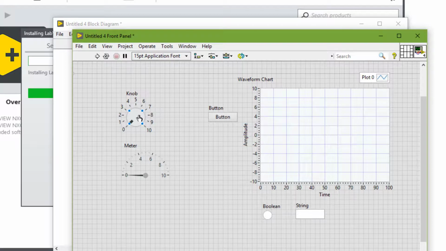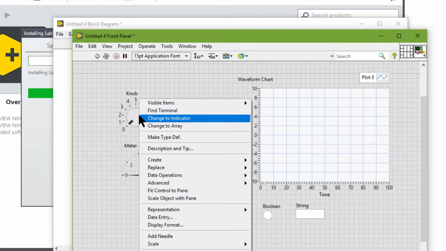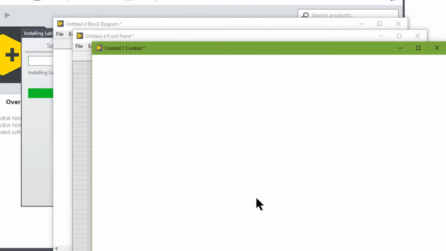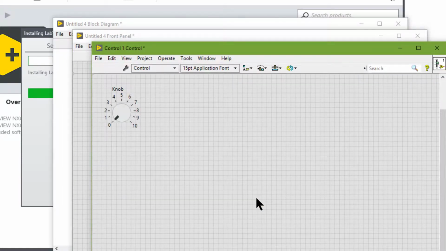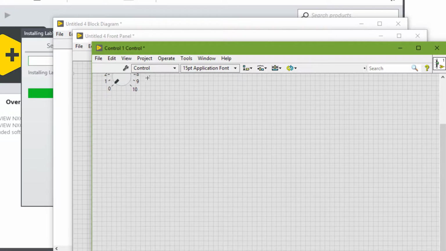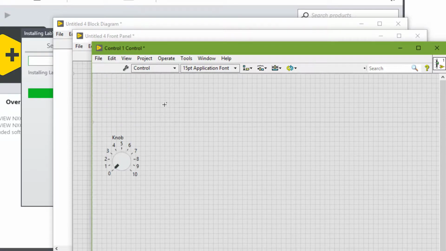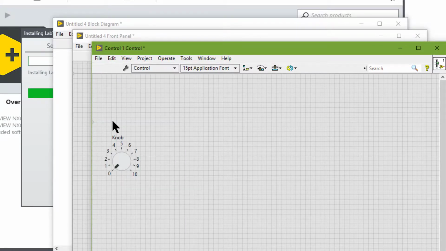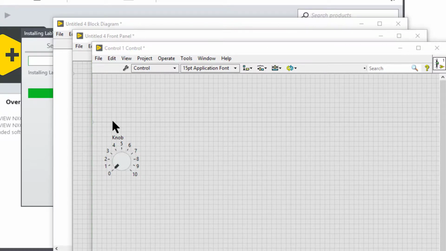So we can also create custom controls or indicators to extend the available set of front panel objects. We can right click the control and then go to advanced and then select customize from the shortcut menu to customize a control or indicator. We can save the control or indicator that we created in a folder or a library